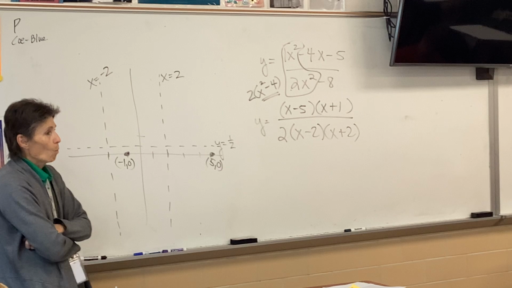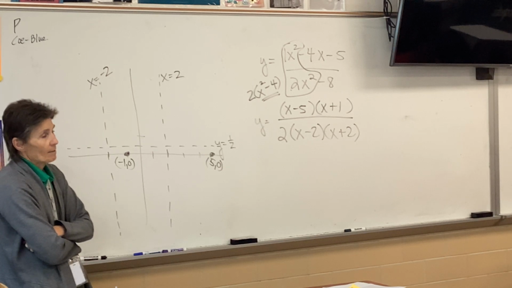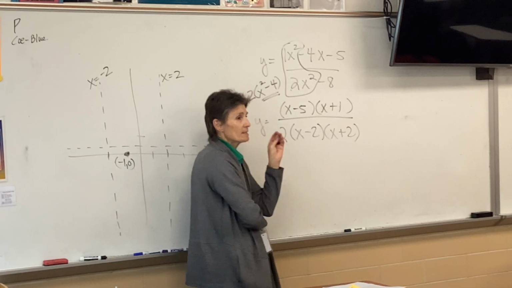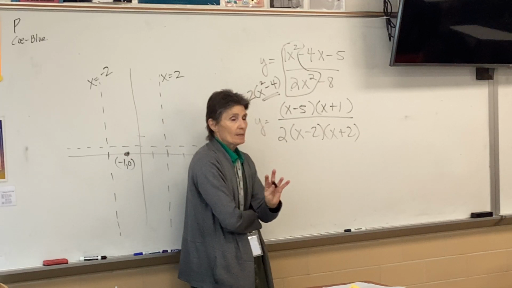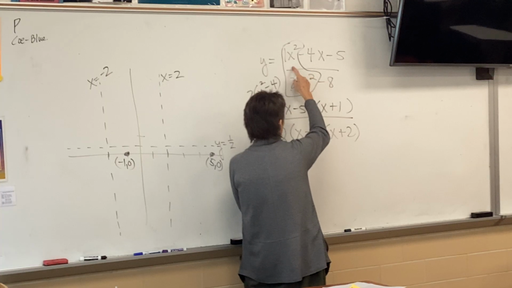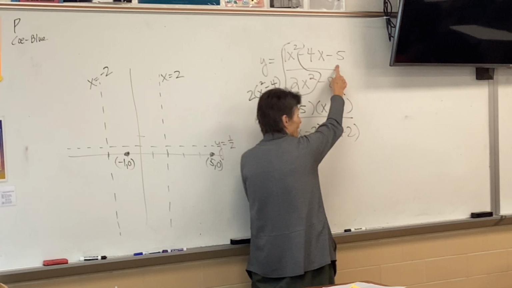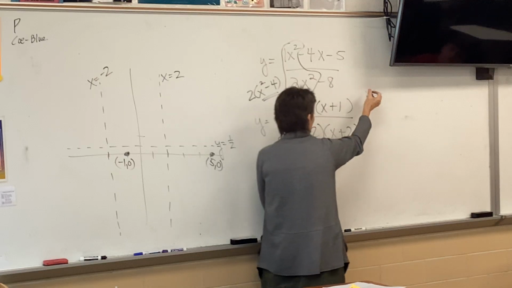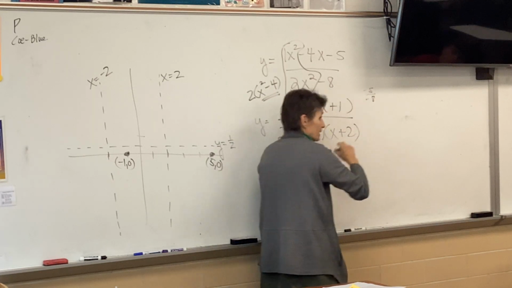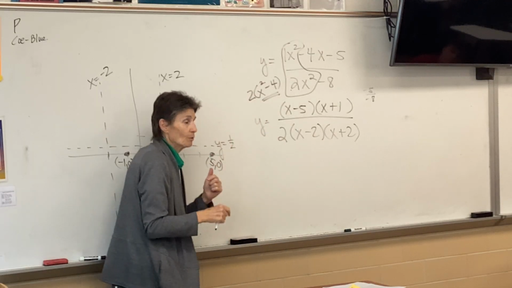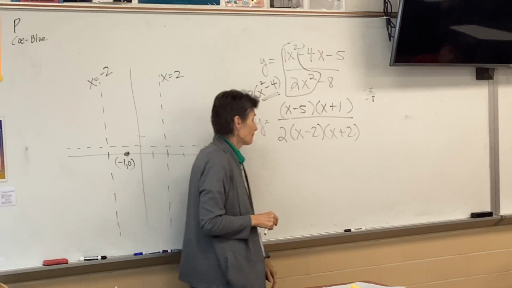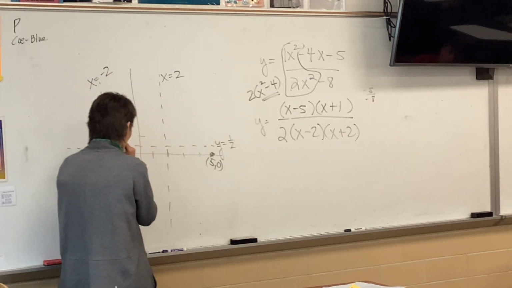How do I get my y-intercept? Put in 0. And again, you can put in 0 wherever you want. I think it's easier to put it in the original, because that's a 0, that's a 0, all I have is -5. That's a 0, all I have is -8. There's really no math to do. If you put the zeros in here, you're gonna do it. So that's 5x